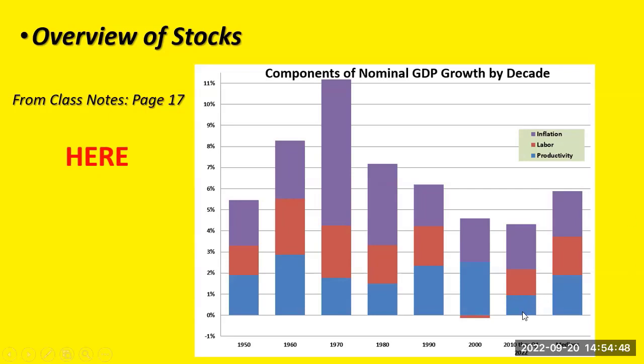Why has productivity been so weak this last decade? Will it go back to normal levels? If productivity is going to come back to higher levels, because if you're replacing workers, does that mean labor growth is going to be weak? And then what's the big thing impacting labor growth right now?